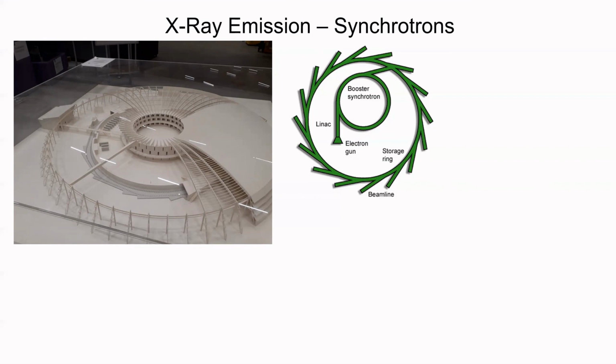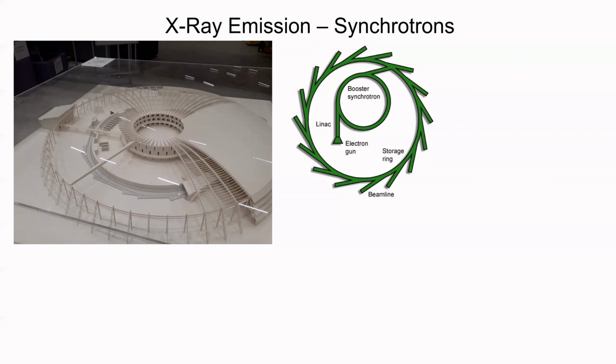So we have first of all a linear accelerator, a LINAC, which gets started. You then feed it typically into some kind of a booster ring, which is accelerating electrons round and round that loop faster and faster and faster. And you basically build a pulse. So the electron gun fires a pulse of electrons, accelerated down the LINAC. You then send it around the booster ring, gradually speeding it up and speeding it up. And then after enough cycles around the booster ring, you direct it into the main storage